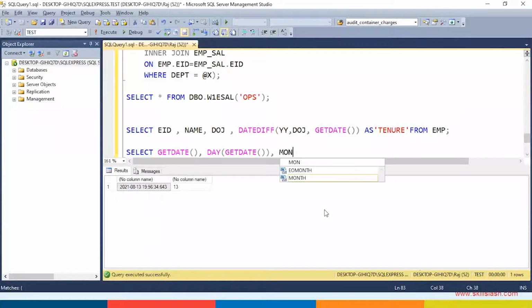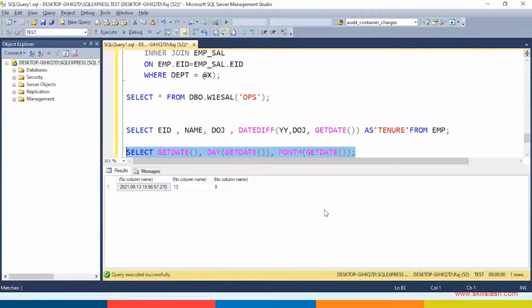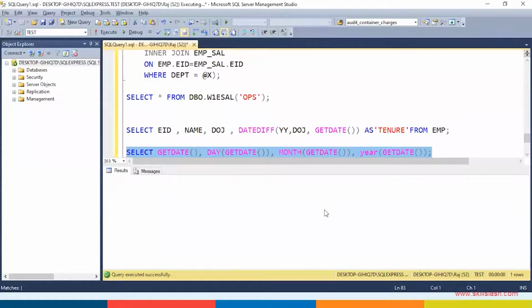Comma, month: this is the 8th month going on. Year: the year is 2021.